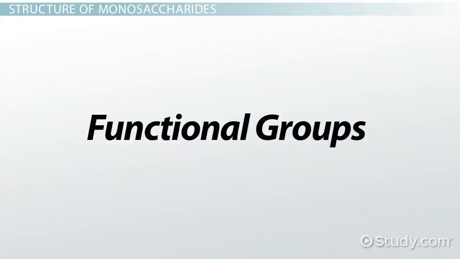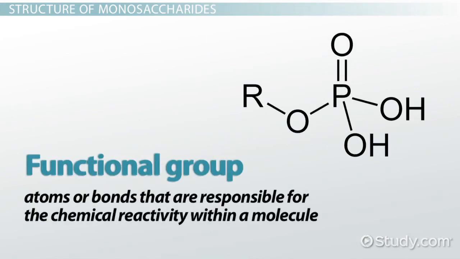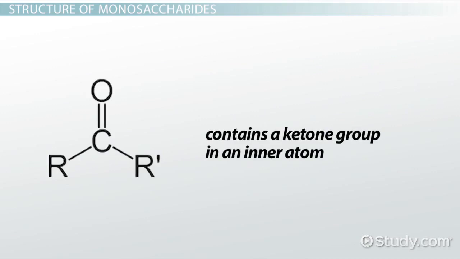Functional groups. Monosaccharides are classified as well based on their functional groups. A functional group is categorized by atoms or bonds that are responsible for the chemical reactivity within a molecule. If a monosaccharide contains a ketone group in an inner atom, then the monosaccharide is classified as a ketose. A ketone group